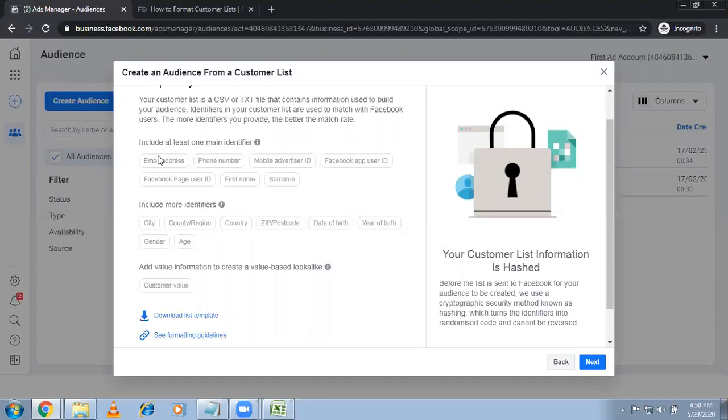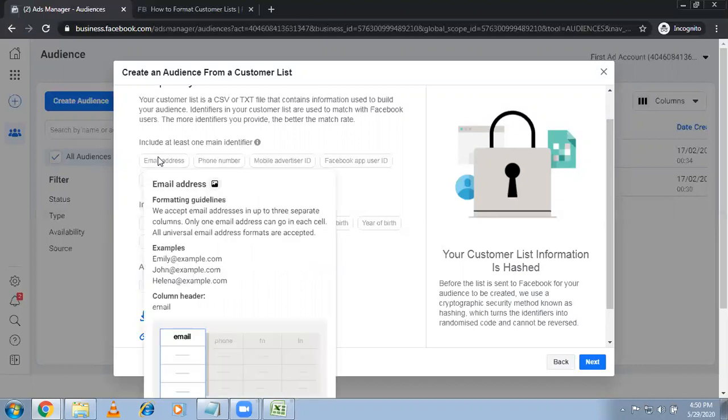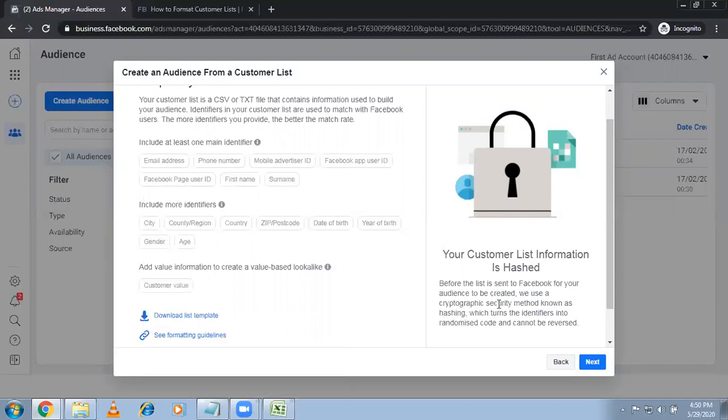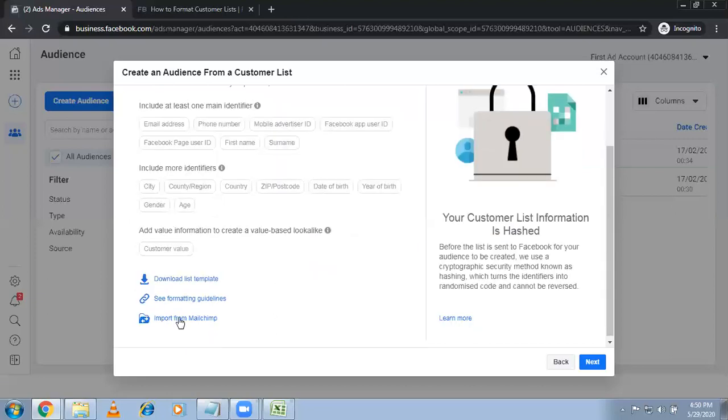For example, you give an email address. Like I want to target the person whose email ID is subhashmangalam786@gmail.com. Now Facebook will convert it into cryptographic security. It will hash it and compare with the original content, whether any person is there with that particular email ID and a Facebook account. If it is so, then for that guy, our ad will go. Okay, this is about the customer list. Even if you want, you can do it from MailChimp also. Click on import from MailChimp, log into MailChimp, and the complete list will be imported over here.